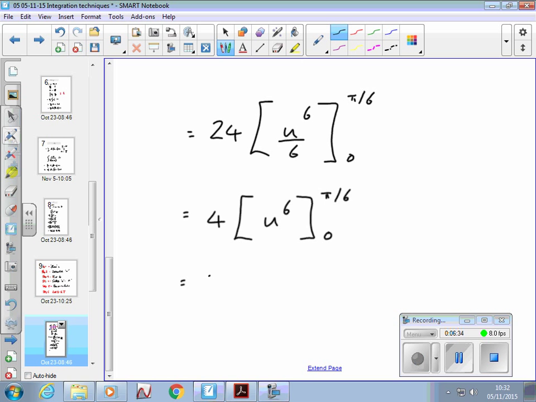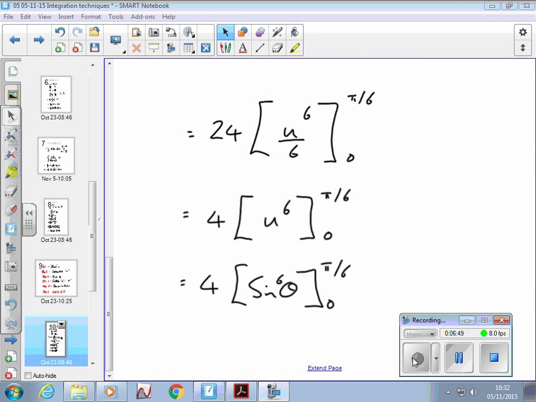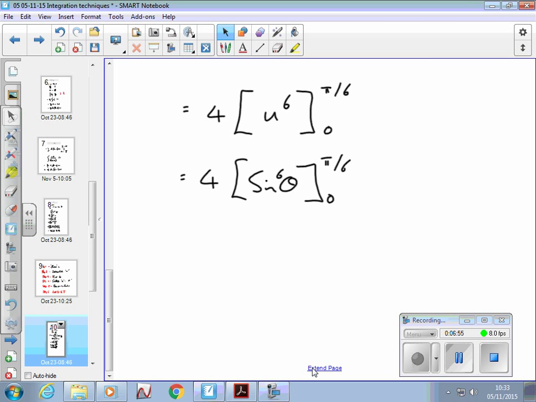And now we can replace u with sine theta between 0 and pi over 6. And now it's just a case of putting in the limits, and out comes the answer. Don't forget the power 6 yet, sine theta to the power 6. At this stage, don't forget this sine to the 6 theta means sine theta to the power 6, so we're going to end up with